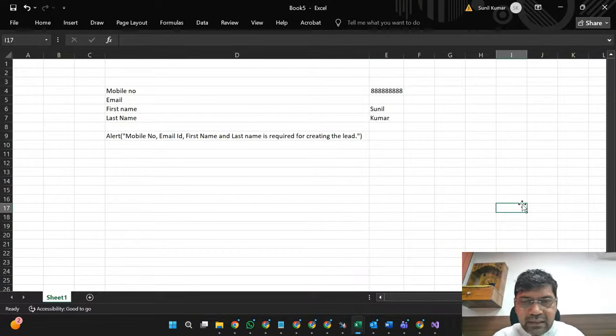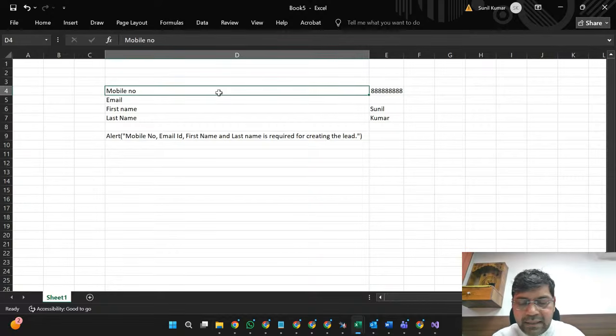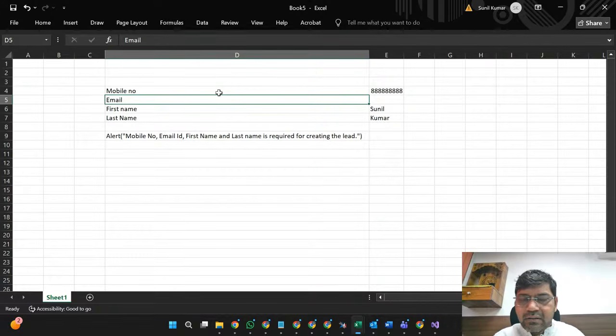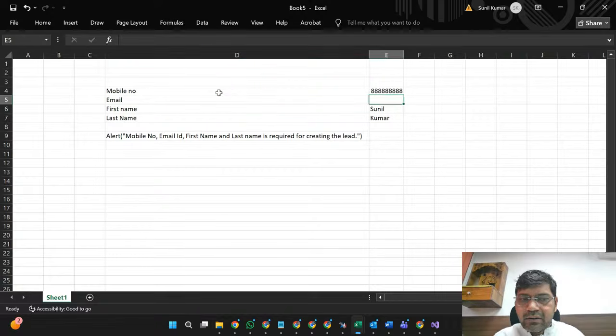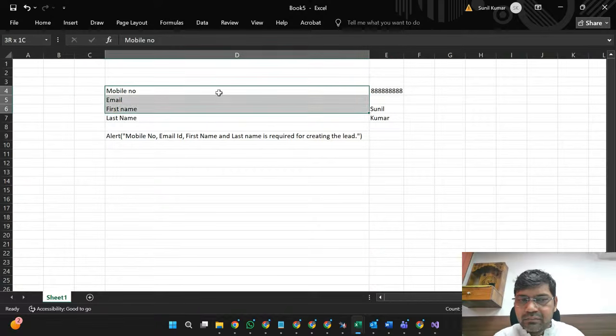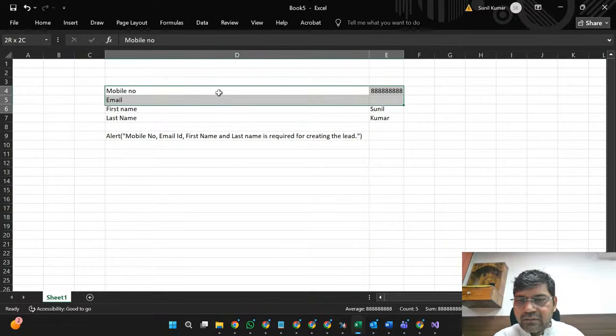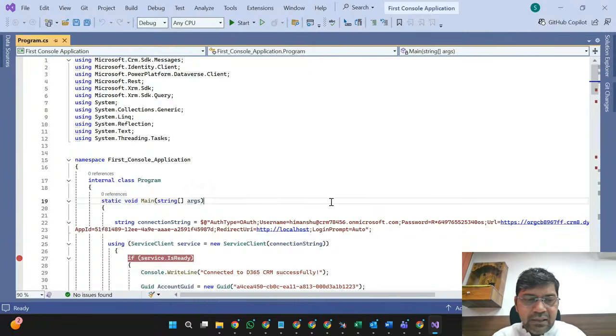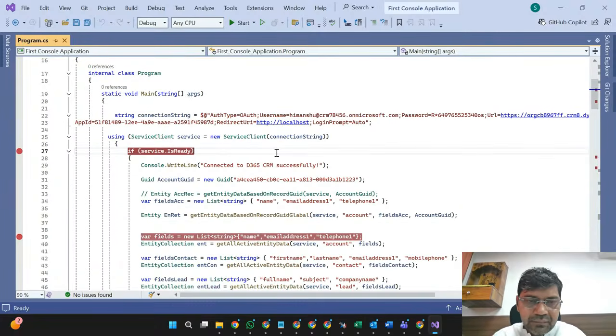So let's try to replicate this particular scenario. It should be implemented in pre-validation mode. Why? Because here we can check if my request array has all those four parameters or not. Then I will try to create a record, otherwise not. So how can we validate this? Let's try to replicate the same thing in my console base.